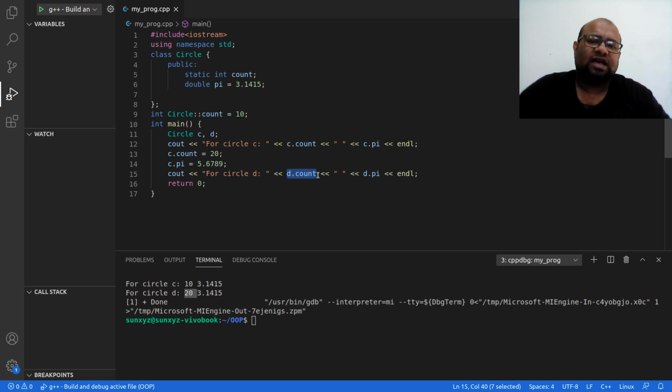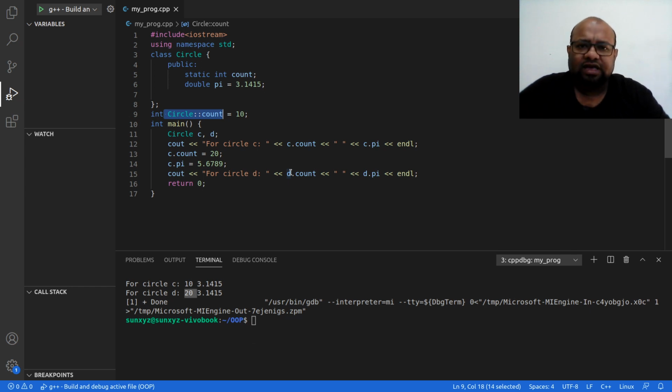So to access a static data attribute without creating an object, I write class name, scope resolution operator followed by the static data attribute name.